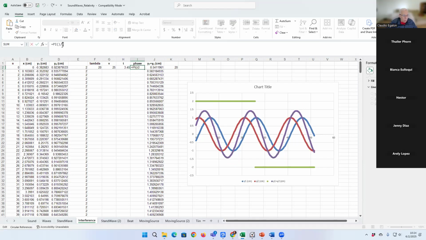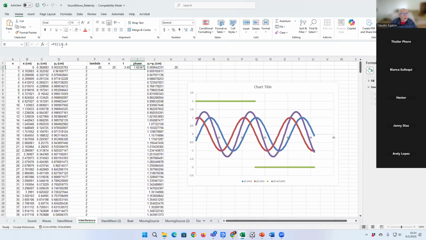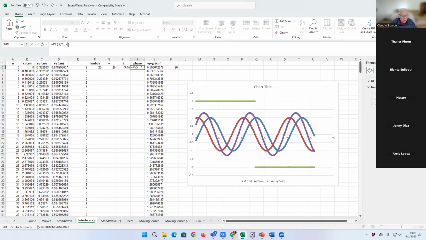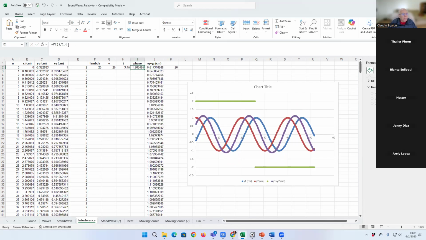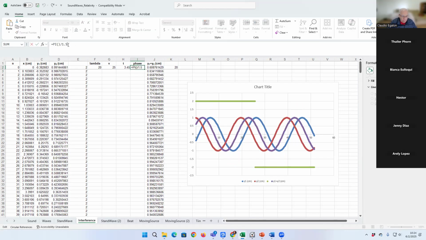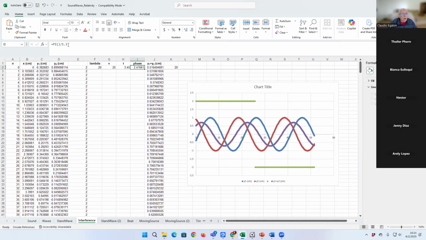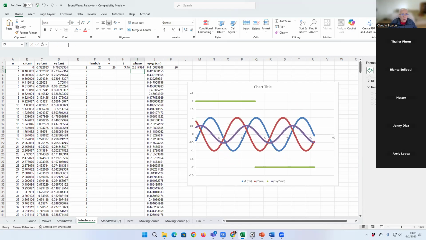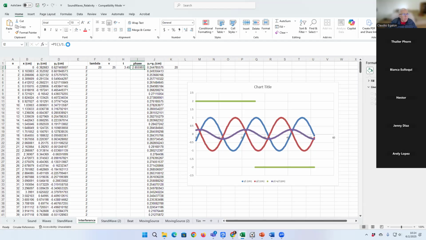Okay, and now I'm going to go 1.9, 1.8. I'm doing that so you can play a movie, right? And you can see how this whole thing evolves as time goes by. 1.5. Let's go 1.3 now. 1.2. And the resulting wave is becoming flatter and flatter, right? We can do 1.1 divided by